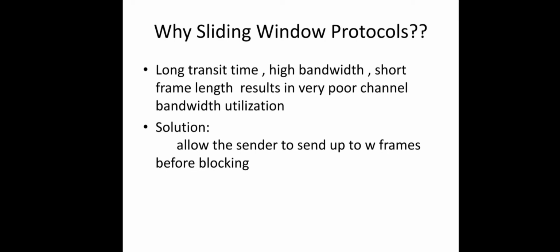In case of stop and wait, after sending the first frame, the sender is blocked until the acknowledgement is received back, right? Instead of blocking there, why can't the sender send a set of frames before the arrival of the acknowledgement frame? This is how the channel utilization can be improved. We are sending a sequence of frames. So we have to select this W properly to ensure that the sender will never overwhelm the receiver. The receiver may be slow. In that case, the sender should not push a set of frames beyond the handling capacity of the receiver. So W should be selected properly.